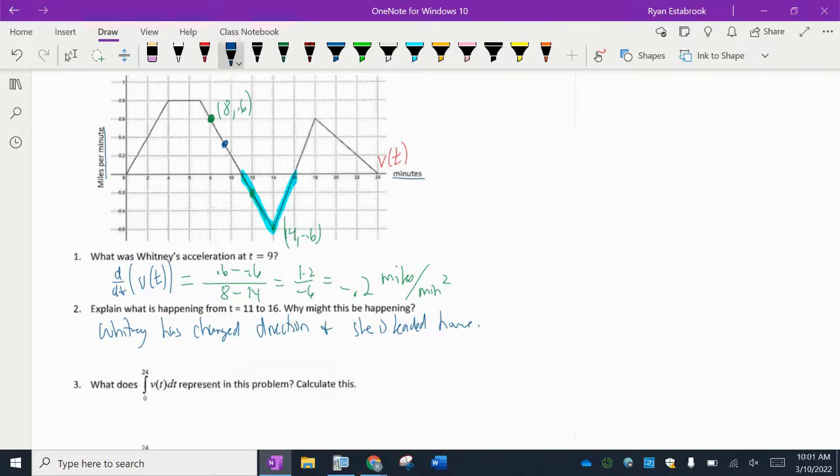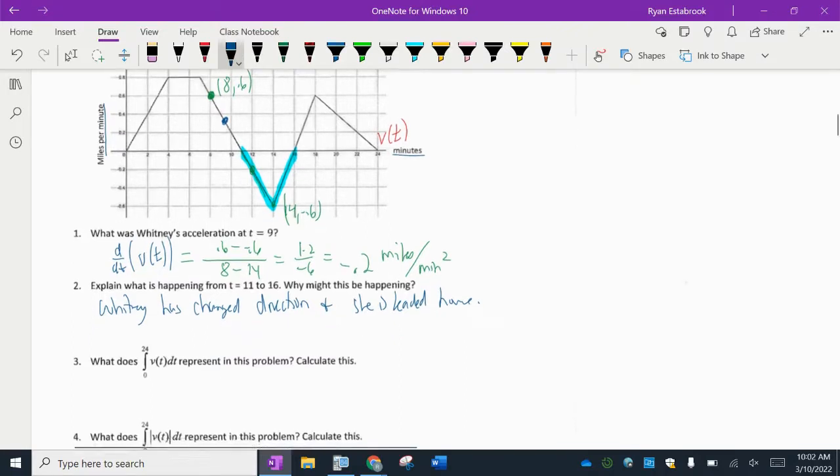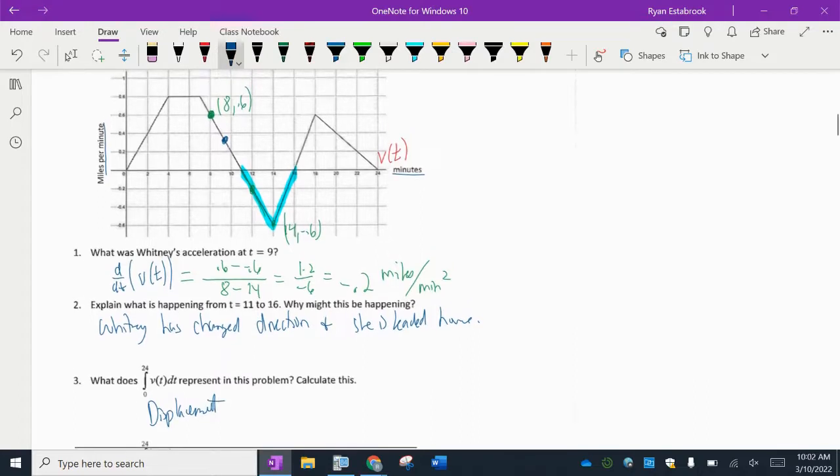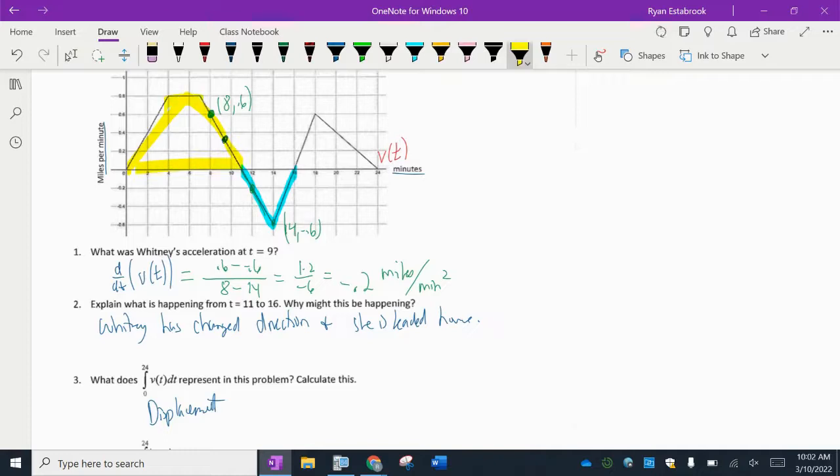Question number 3, what does that integral represent? So from 0 to 24, that represents her displacement. It would be her change in position. And to calculate that, we need to calculate the area of all of these regions. So the area of the yellow region, which is a trapezoid, would be